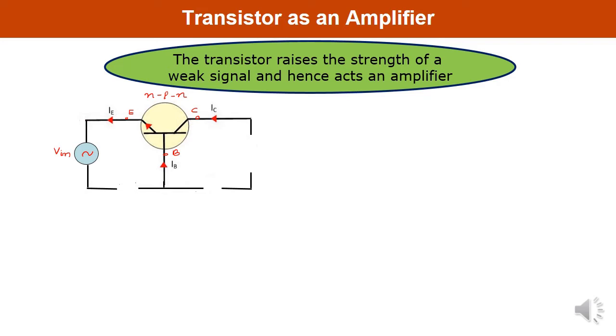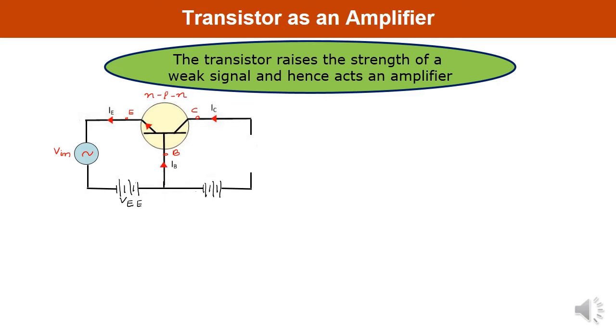You know that for a transistor to work in the active region, you need to connect the batteries accordingly. So let us connect the emitter base junction. This emitter base junction must be forward biased, so N must be connected with the negative terminal of the battery and P with the positive. This is VEE. At the same time, the collector base junction must be reverse biased. It means the collector terminal, which is made from N type semiconductor, must be connected with the positive terminal of the battery.